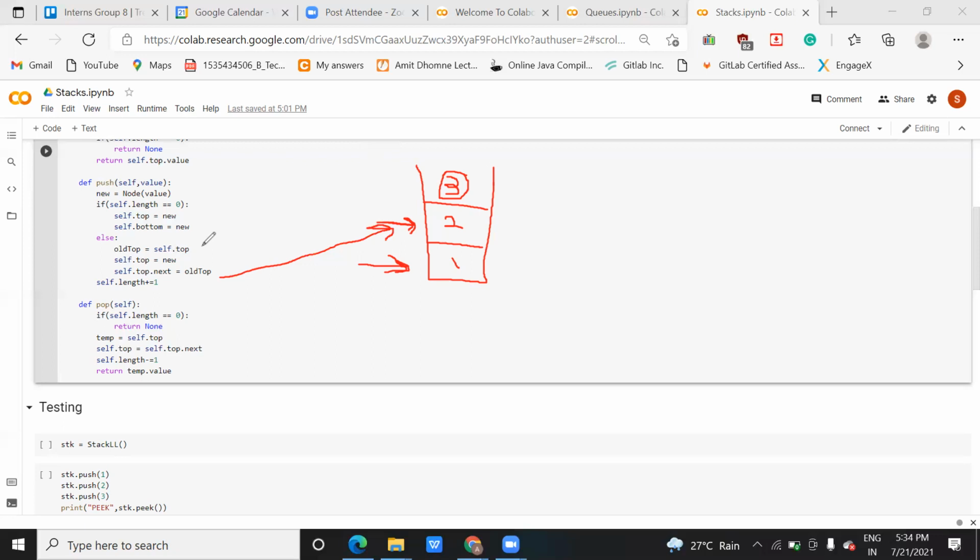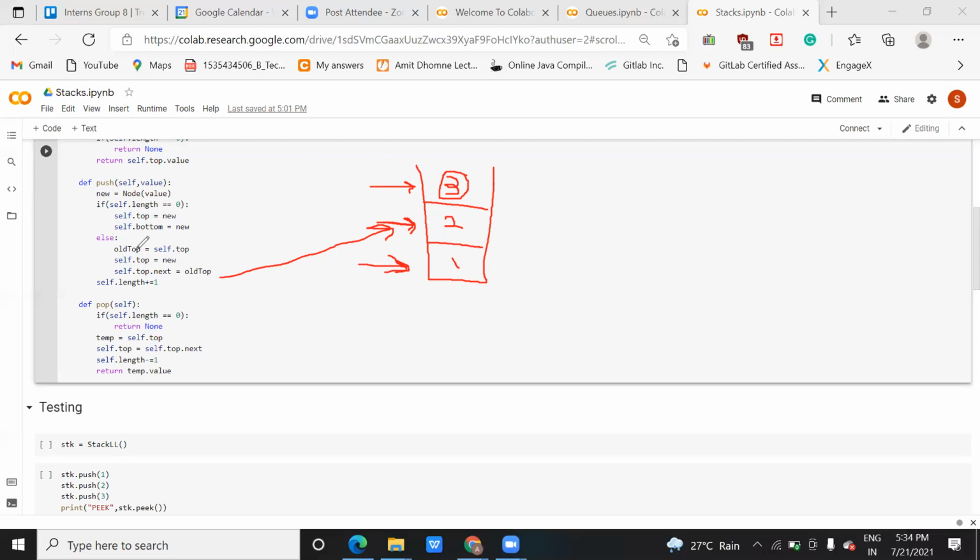Yes, correct. The pointer top will always point to the first element only, but we are just telling the function what each variable will be pointing to once you insert an element. For example, as you keep adding new elements, the self top value will keep changing. Then you have to tell the function to whom this old top value will be assigned.